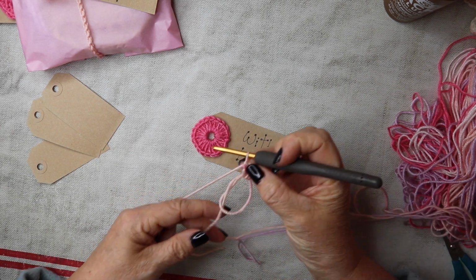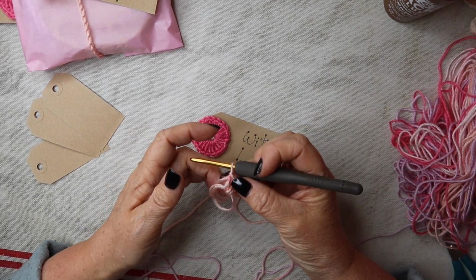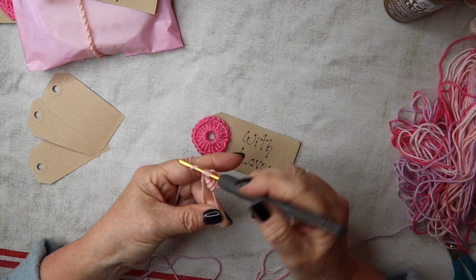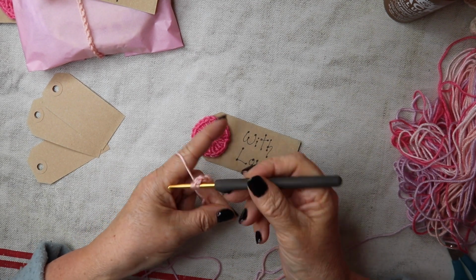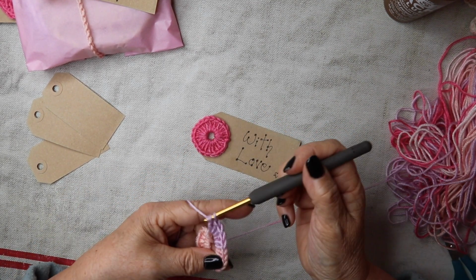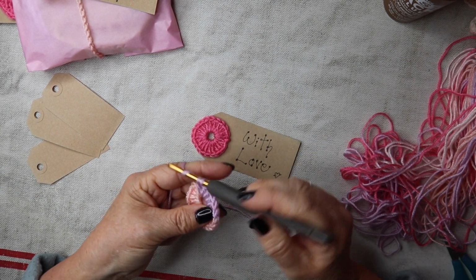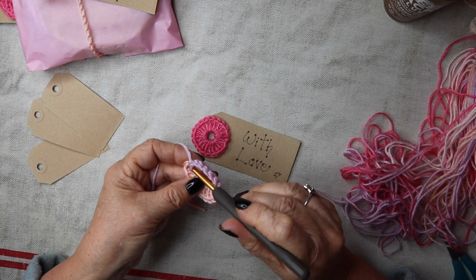and there's 2. This tutorial is in UK terms, so if you're watching from the US, that will be 20 double crochets. So you just continue on all the way around, working into that magic ring until you've got 20 trebles or 20 double crochets if you're watching from the US. So I've just got one more to do. That's 20 trebles, and we're just going to slip stitch to the top of that first treble that we did,